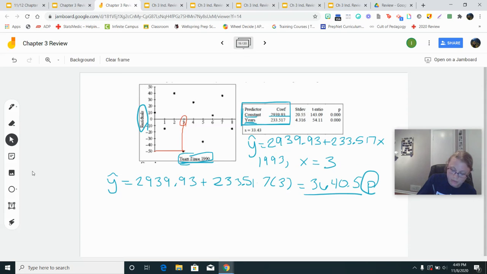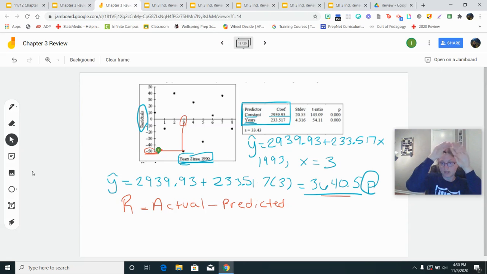So remember your residual equation. To find this residual, to make that point, they would have taken the actual value minus what was predicted at x equals 3. So we can find what was predicted because we had the computer output here. So this was our prediction, the 3640.5. I know my residual because I used the plot. I can go to the plot and find that residual at that x value. So negative 50 equals actual minus predicted. So actual, I don't know, minus